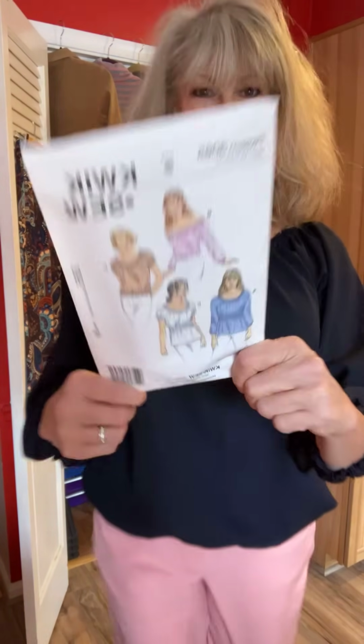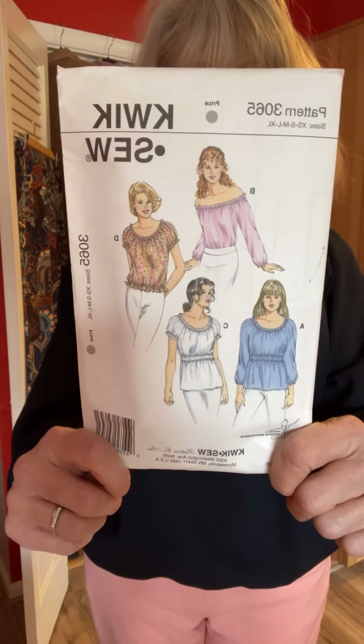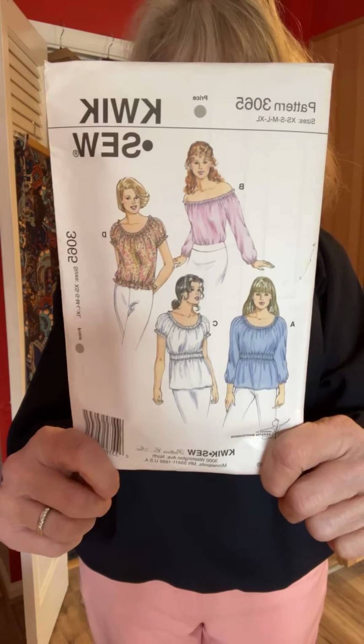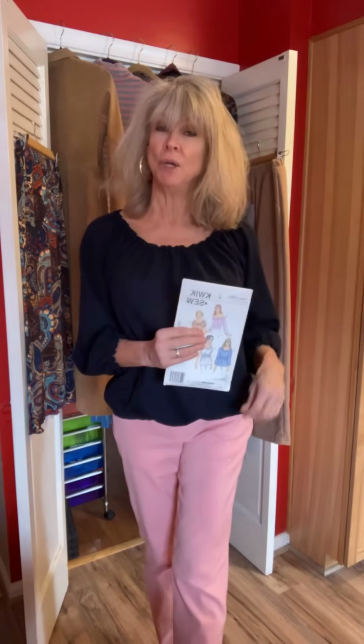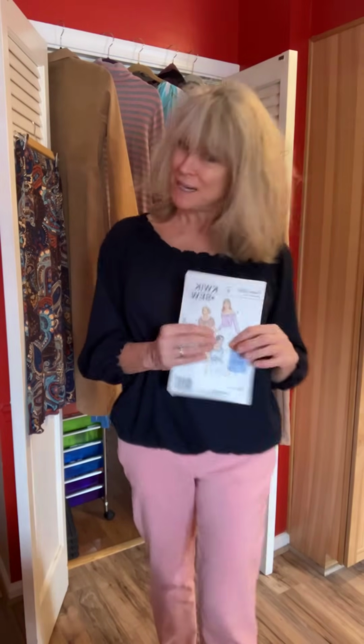I do like this top a lot. We're talking major elastic application. I don't like elastic, so you've got it on the cuffs, you've got it on the waistband, you've got it at the neckline, but it turns out cute, and I think it'll be great in a little bit of a lighter fabric. The jeans, this is an old Kwik Sew